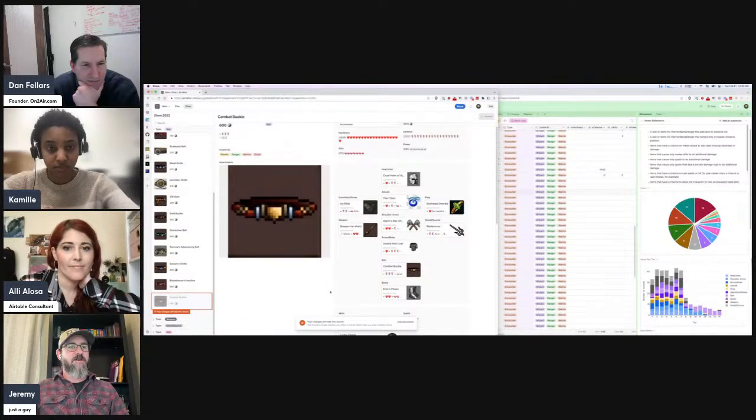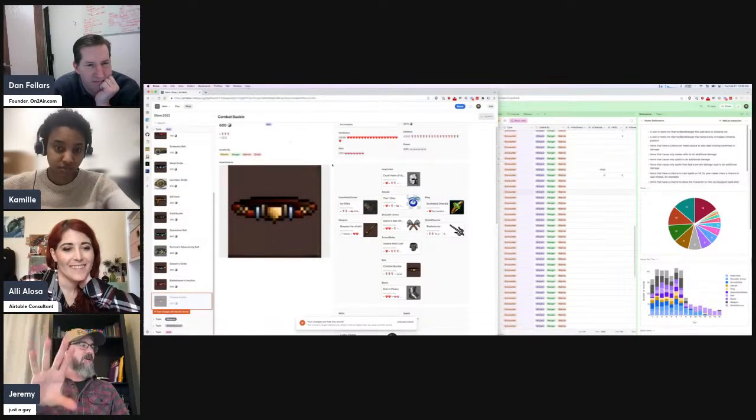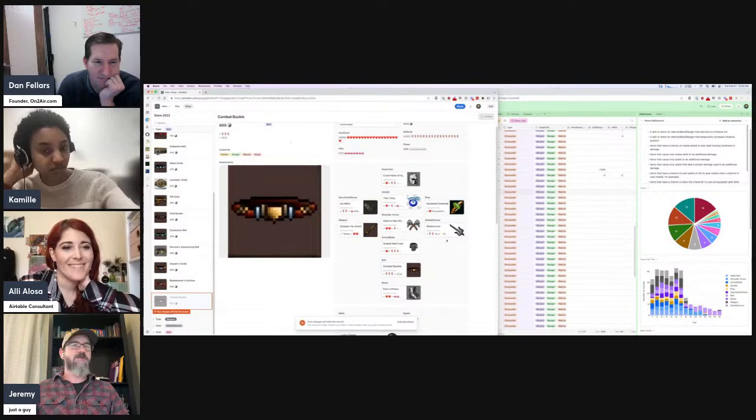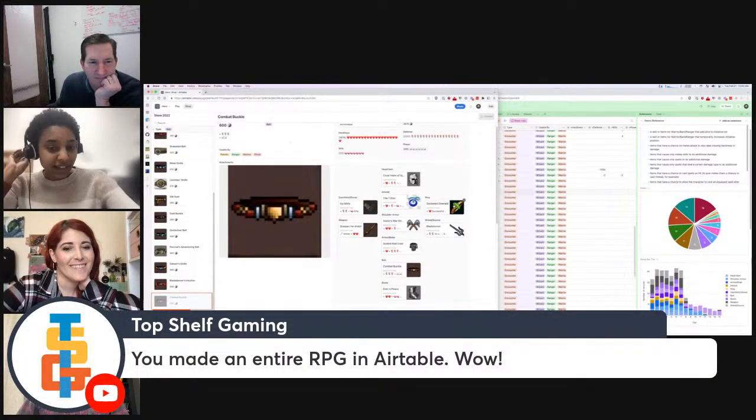And then I've laid this out in a paper doll fashion. If you're familiar with role-playing video games, a lot of times they'll have a little picture of your character, and you can drag items onto your character into particular slots. So I've tried to emulate that here, where you've got the helmet, amulet, and then the shoulders. Everything is laid out to make sense, to represent what your character looks like. And I try to find pictures online that I can use for all these equipment. That actually takes the most work.